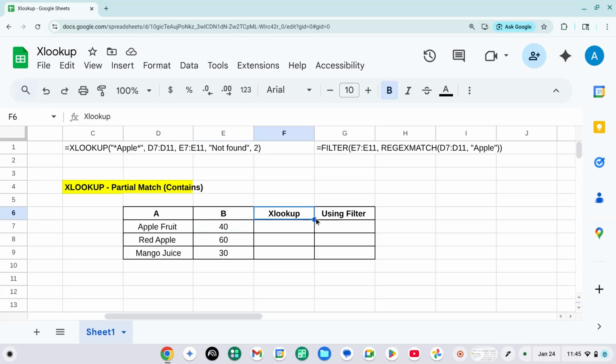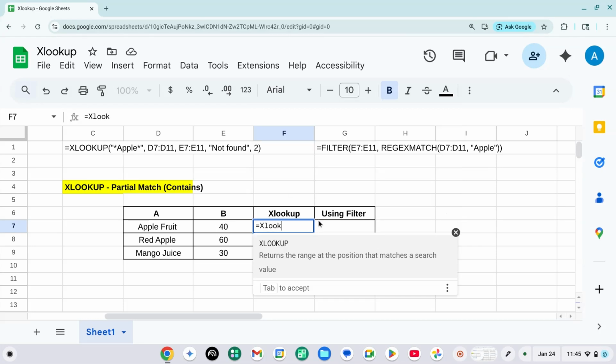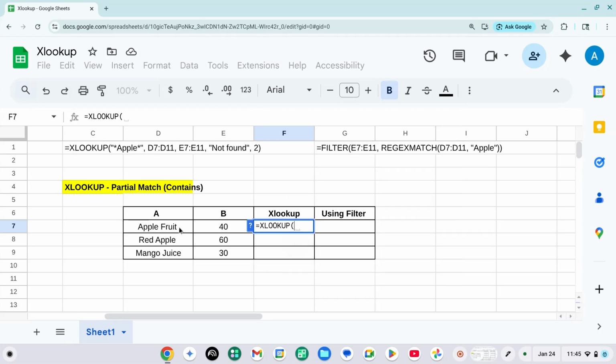So as we used before, for this video also we're going to use XLOOKUP and also filter, and we're going to see what differences they have. So the first formula is XLOOKUP, and then double quotes. I'm going to write the word in between asterisks. So I'm going to write 2 asterisks, that means contains